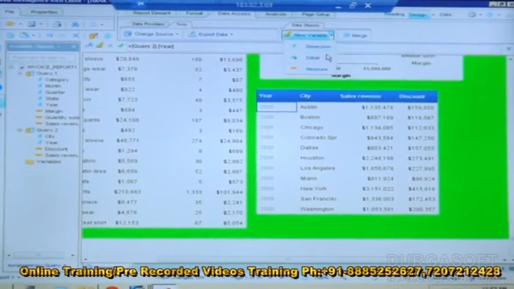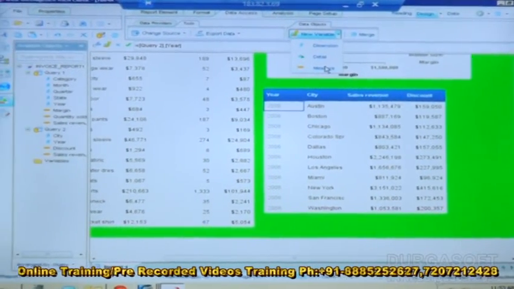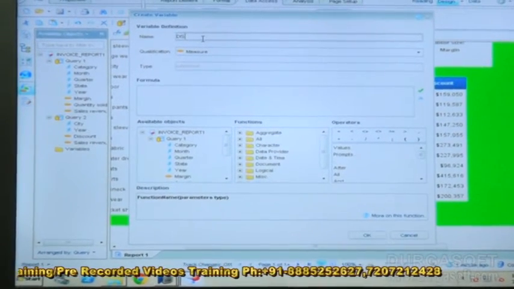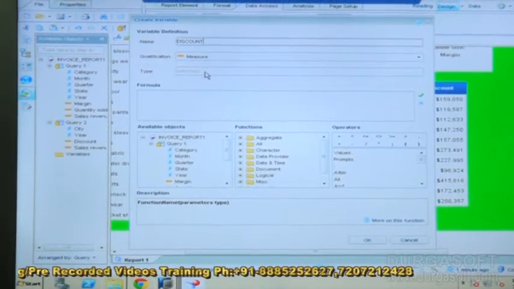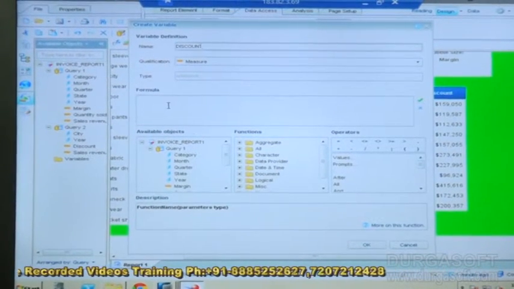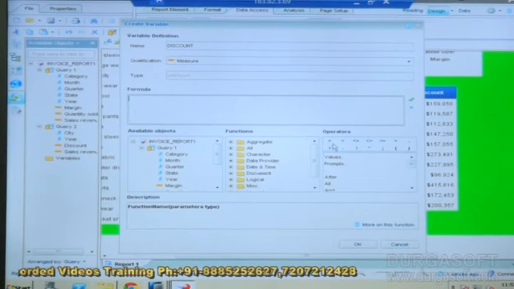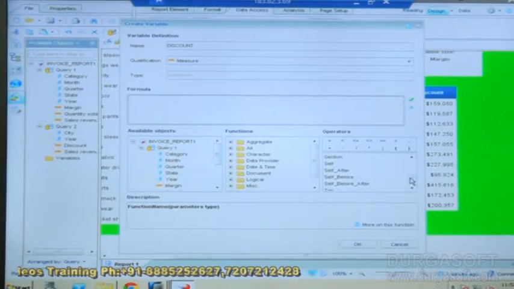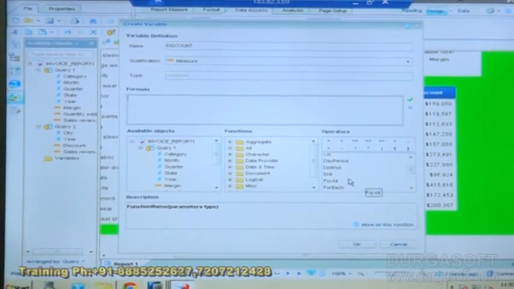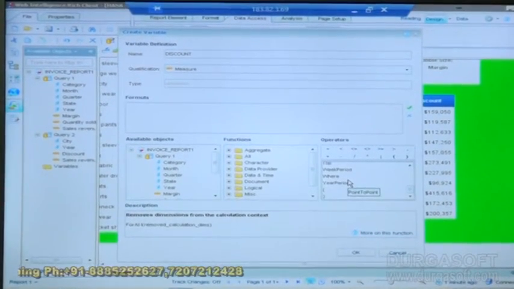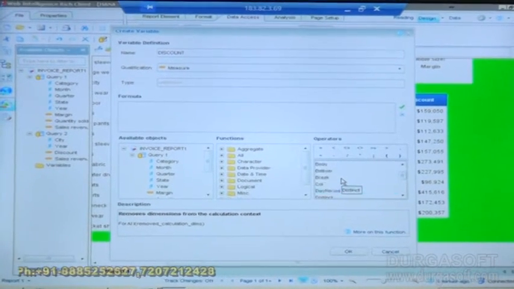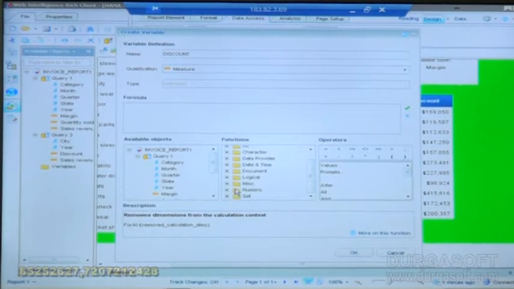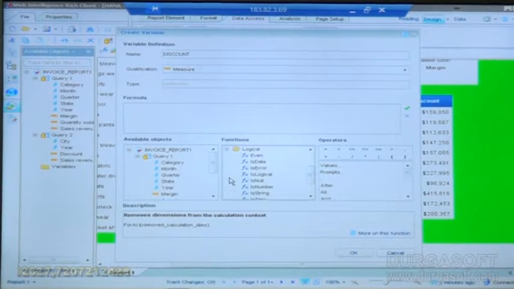So I'll go here, query discount. It comes in the measure object. So click on measure object. I'll write here, it is a measure object. So discount, it's a measure object. I'll set the data type, it will take automatically. I need to write a condition. I can use a different format, like I can use an if condition. We have a lot of functionality here. If you want to use different conditions, you can use them, like 1, or you can use different logical conditions.